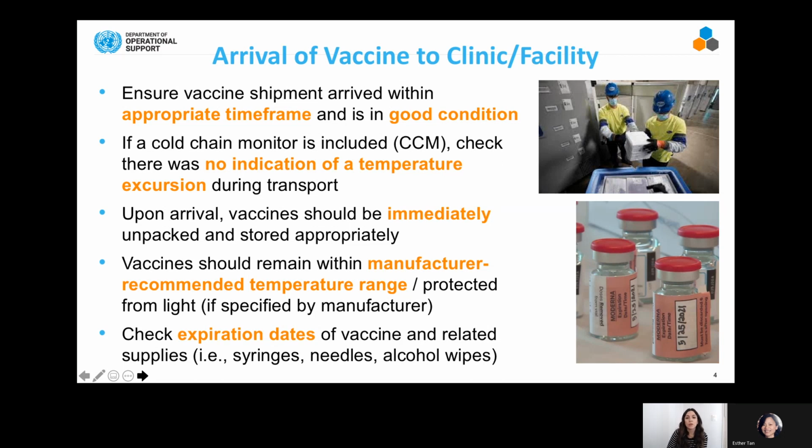Upon arrival, the vaccine should be immediately unpacked and stored appropriately. So, some supplies get delivered to a clinic and they may be able to sit there for a moment, things that aren't as sensitive to light and heat, but with vaccines, they should be immediately unpacked and stored in the appropriate place. Vaccines should remain within manufacturer temperature range, and we've said this a couple of times, but the temperature range is very important with vaccine to make sure that they're effective once they're in someone's arm or leg